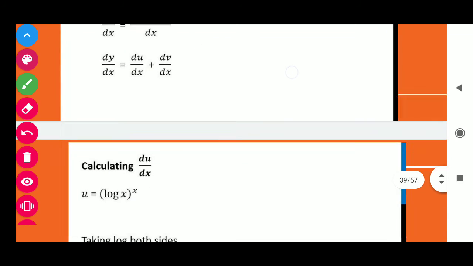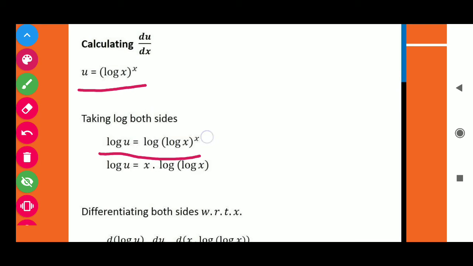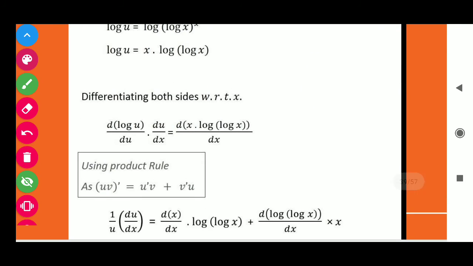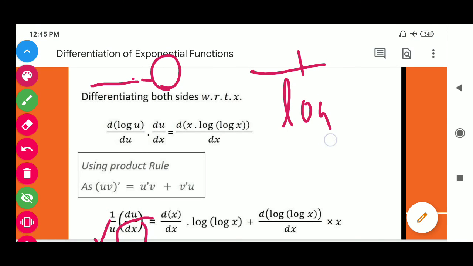So here we are calculating du over dx, taking log on both sides, and then x will be written in front of log x. Now start doing the derivative. Here the derivative of log u is 1 over u and the derivative of u is du over dx. Similarly x as it is, derivative of this log x is 1 over log x, and then